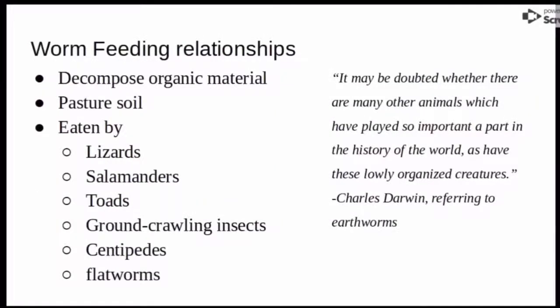It may be doubted whether there are many other animals which have played so important a part in the history of the world as have these lowly organized creatures. This is Charles Darwin referring to earthworms. Worms decompose organic material, they pass through soil, and they're eaten by lizards, salamanders, toads, and any ground-crawling insects, centipedes,